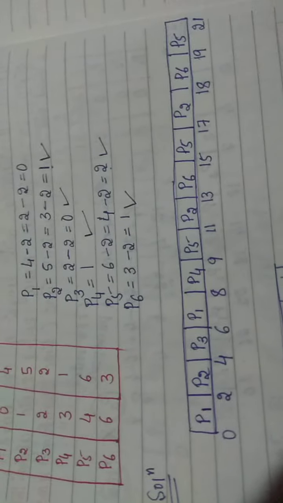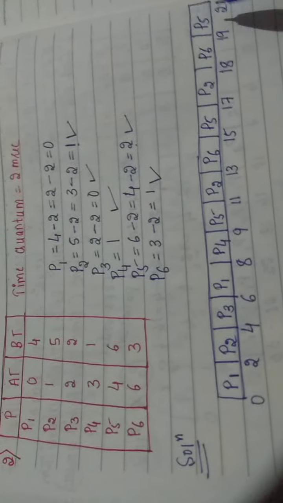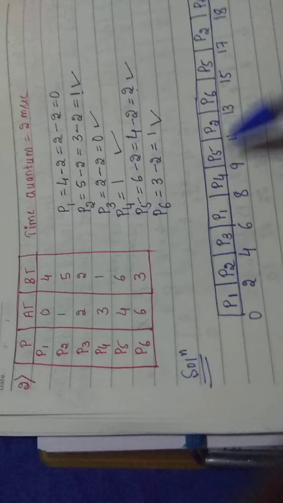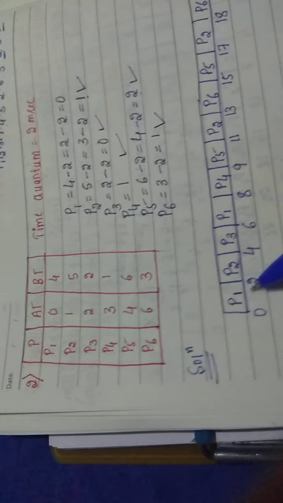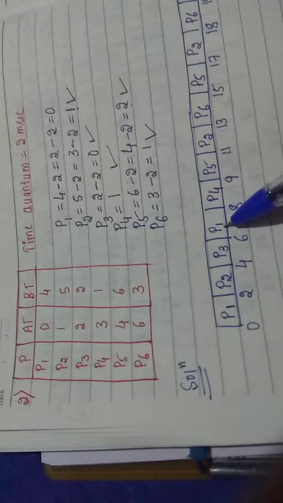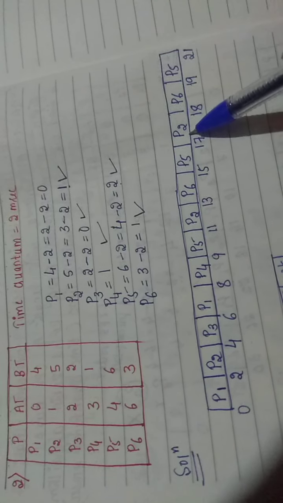So that's it. Bit confusing, but you need to understand it properly. And now writing the completion time. Process P1: always look from the right side of the Gantt chart. So P1, where is it here? 2 times it is there. Always look from here. The first point you need to consider, P1, is 8. So I have written 8. Same way for P2, start from here, and the first place you find P2 is here. So 18 will be the completion time.